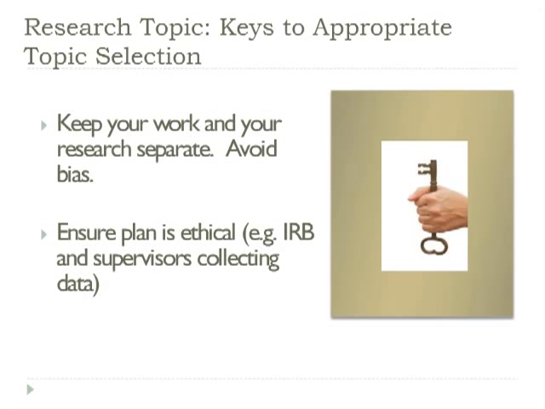You need to also keep your work and your research separate. That is to avoid bias. This is especially important in quantitative research, which we'll get into later. You also need to ensure that you have a plan that is ethical in nature, that you're protecting the human subjects that you're working with, that you follow IRB guidelines. So if you are working at a university or in a school system, you need to look at the IRB